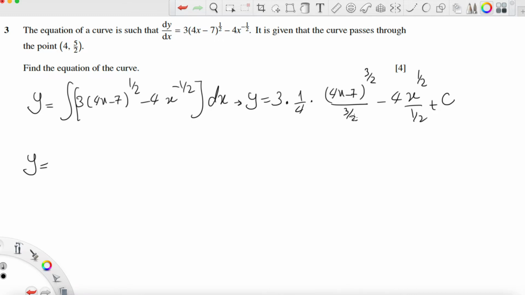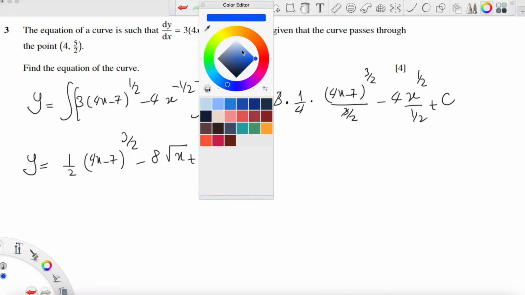So y will be equal to, if you simplify here, 3 over 2 comes up and becomes 2 over 3, 3 and 3 cancel out each other. It will be 2 over 4, which simplifies to 1 over 2, (4x minus 7) to the power of 3 over 2, minus 4 over 1 over 2 becomes 8 root x, plus c. It is the function